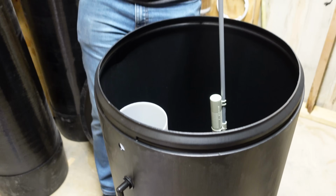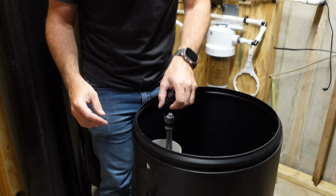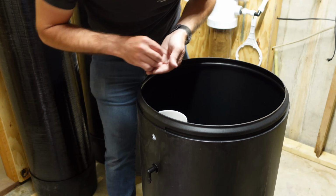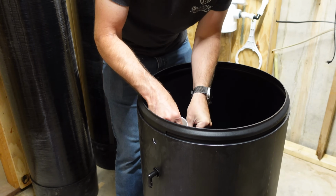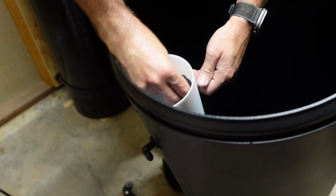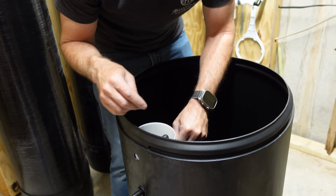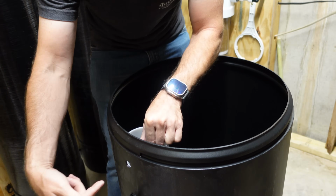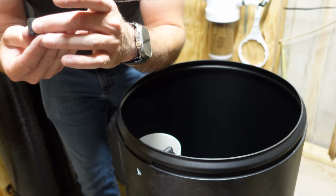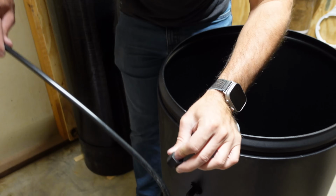So now we put this back in its hole, and then we can put the nut back on that holds this. It holds this thing up against the wall. That's all it does, nothing special. It's all stainless, it's nice. And then we'll have the fitting that we need pointing straight to this hole, and we're ready to hook up the brine tank. Bunch of sauce in here, and all we have to do for this is grab our brine